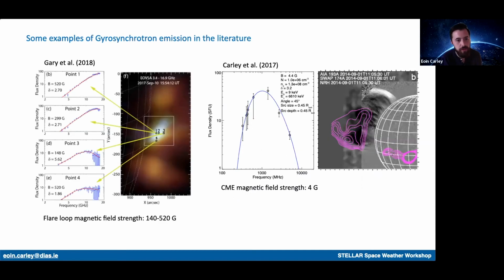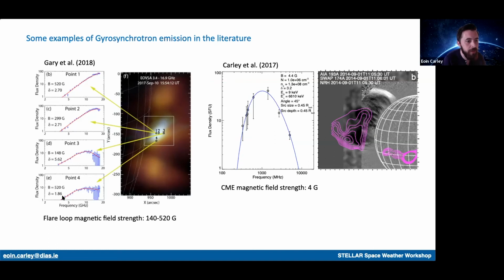Yeah, so how is it used in literature? It's actually used quite a lot in the microwave regime. This is just a nice paper of a flaring active region, and at various points in the active region, between, what do we have, 2 and 20 gigahertz from Owens Valley, the blue points show the shape of the spectrum. You can see each point has a pretty characteristic gyrosynchrotron shape, and the red line is the fit of a model